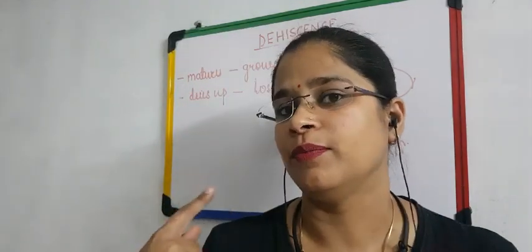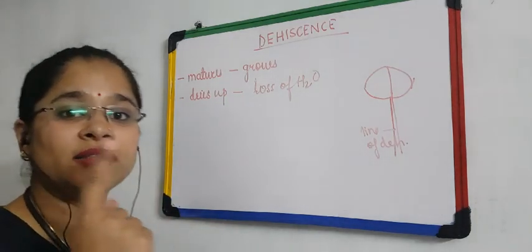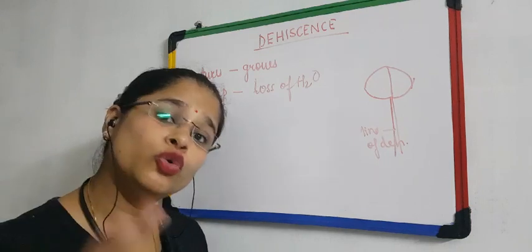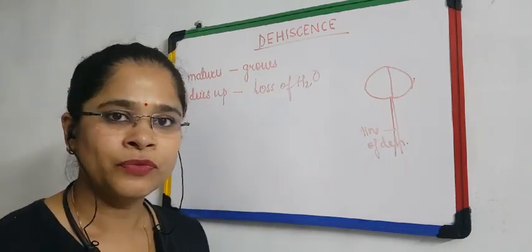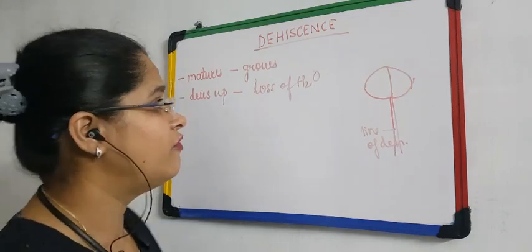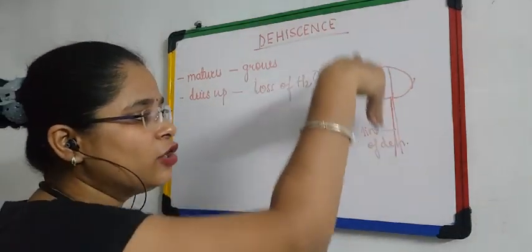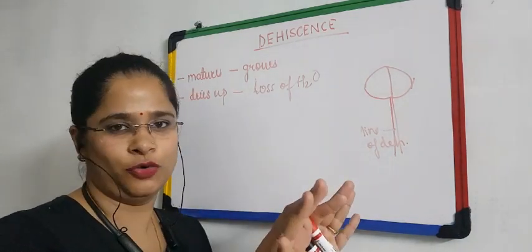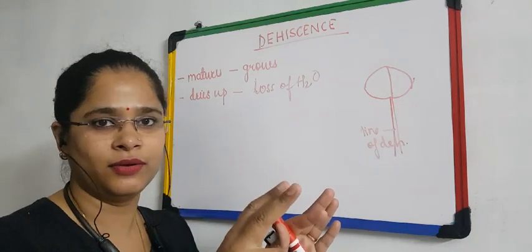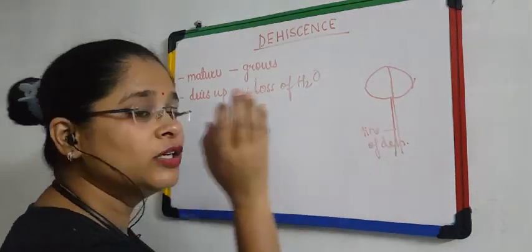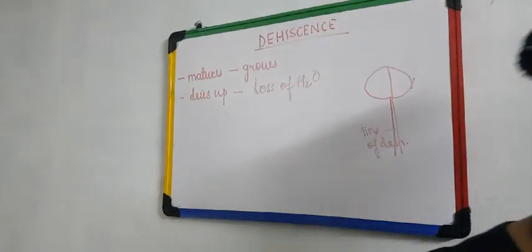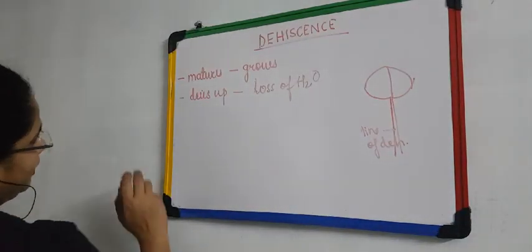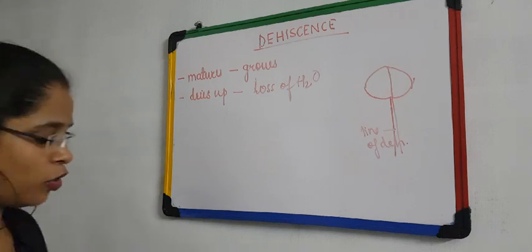At this particular time, we call that this anther is dithecous. But in our NCERT it is mentioned that because of the presence of two theca, anther is dithecous. So one more explanation I am giving you. When the anther matures, this line of dehiscence deepens inside, giving a very clear view of the two thecas of the anther. And at this point of time, we call our anther dithecous. Am I clear with that, children? Now what happens? Now middle layers disintegrate, tapetum is involved in the development of the pollen grain.